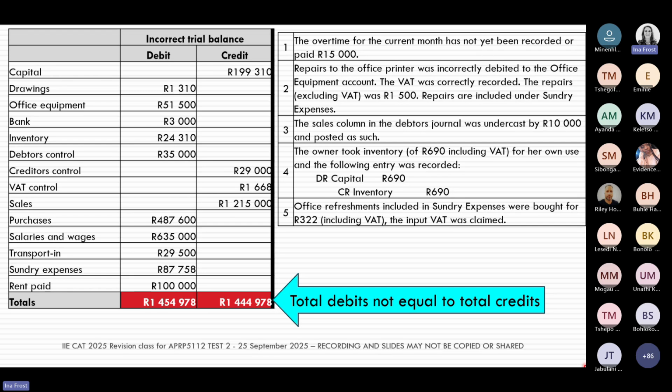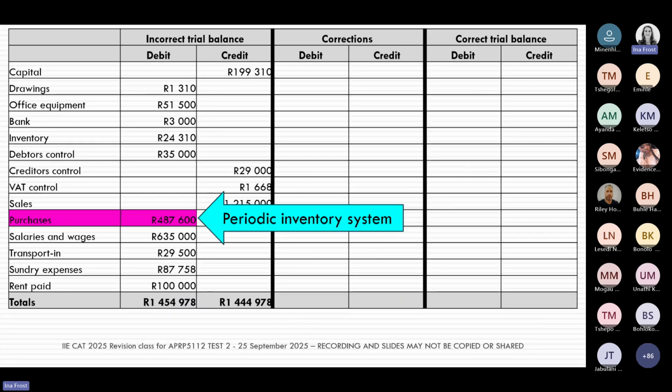This is a question that you would need to sit with quietly at home and try and see if you can make all of these corrections. And then once you've had the chance to make the corrections, you can come back to my recordings and double check them. But I am just going to talk you through them so you have an idea of